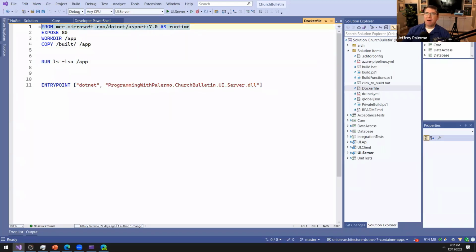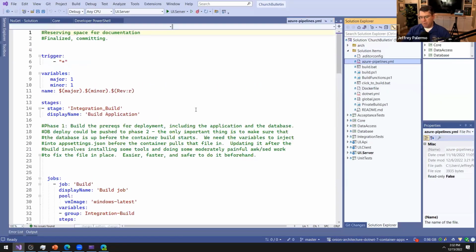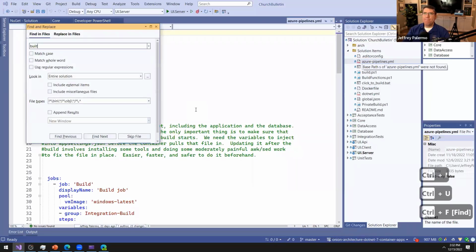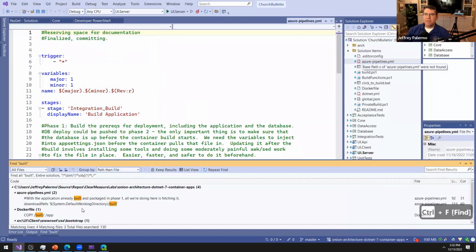So we are using Microsoft's image of ASP.NET 7. Okay, we're exposing port 80. We're declaring the /app directory to be our working directory, and then we're copying an arbitrary local directory into it as we build a container. And if you look inside Azure Pipelines.yaml for the term built, you can see that